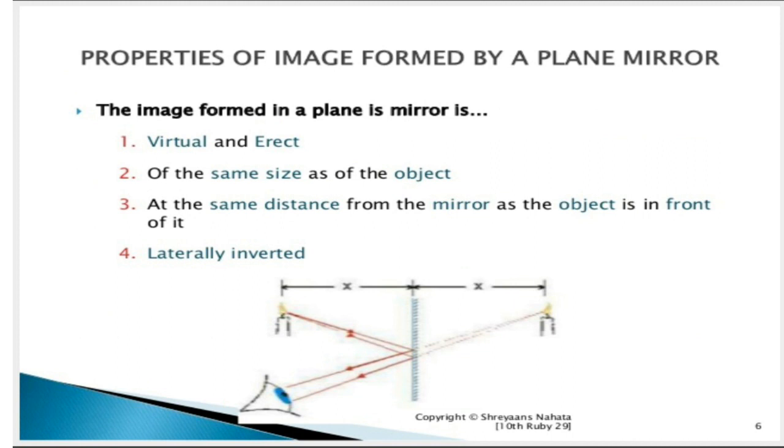If you are standing 5 centimeter away from the mirror, then the image formed in the mirror also will be 5 centimeter apart only. As you are moving back, the image in the mirror will also be moving back. As you are coming front, your image is also going to come front. You can see this practically by doing it at your home. Stand in front of a mirror, just move front and move back, you will be able to see.